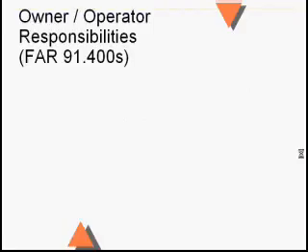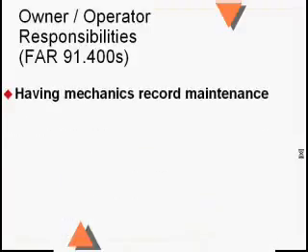Okay, the FAA in Part 91 in the 400s talks about what things the owner and what things the operator are going to be held responsible for. The owner is the person that owns the airplane. However, if you're leasing the airplane, like here at Embry-Riddle, we lease a lot of our airplanes, we're also considered the owner for the purposes of this part of FAR 91. The operator can be interpreted as the person who's responsible for the airplane, like Embry-Riddle is the operator of the aircraft, but the FAA can and does also interpret that as the pilot in command of the aircraft is the operator, so you've got to be careful for all of these.